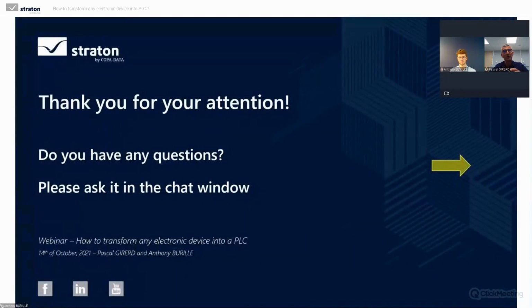For instance, if you want to have communication features, you could have a look at Linux and Redux, this kind of operating system. But if you are looking for harsh real time, then it could be better to look at Redux, VxWorks and QNX. Yeah, maybe at first VxWorks, yes, for the harsh real time.